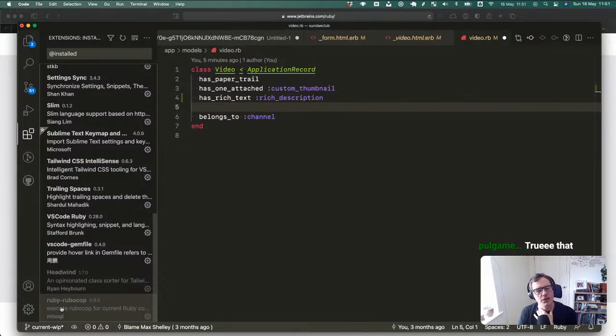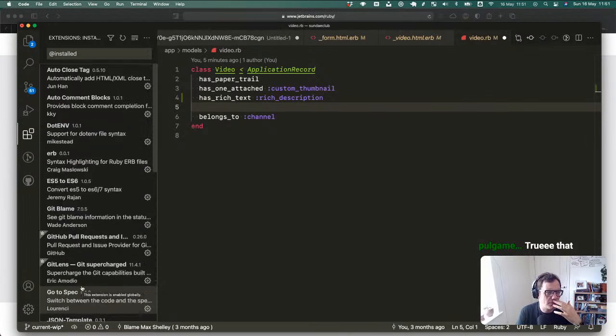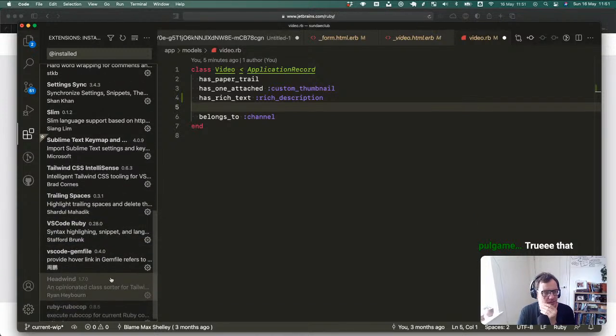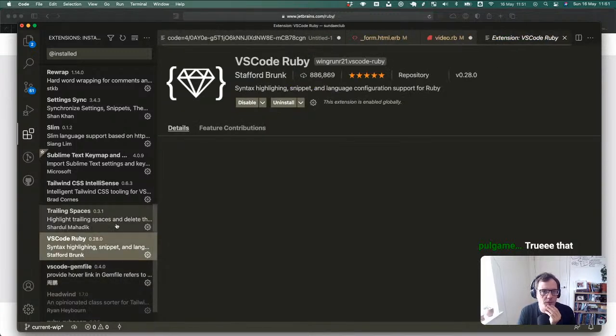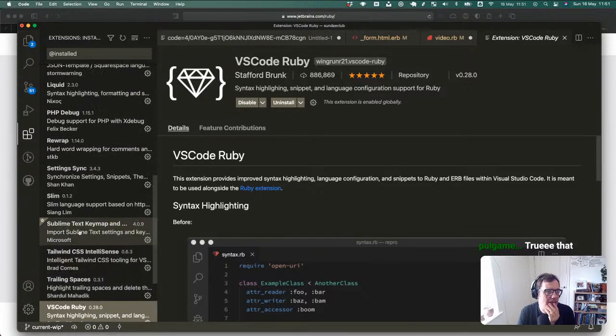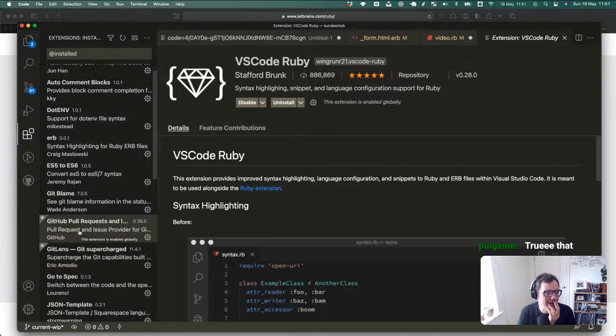I actually have RuboCop disabled at the moment, specifically because it just wasn't playing well with my installed version of Ruby or something like that. And because usually RuboCop is on CI for either my personal project or at work, I think I have the other RuboCop extension too. I've got them both off here. Yeah, and then it was fun. So VS Code Ruby I have on at the moment. That's syntax highlighting, snippets and language configuration. Yeah, where's Go to Test? That's the one I use like a billion times a day.